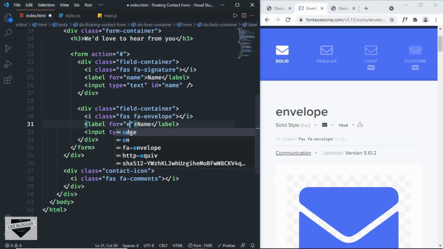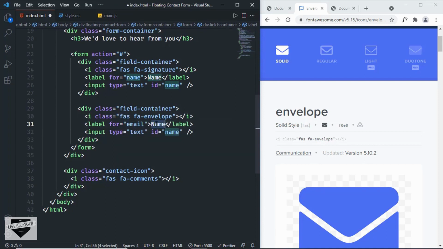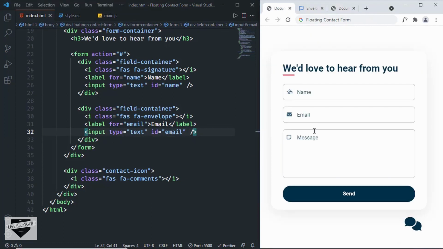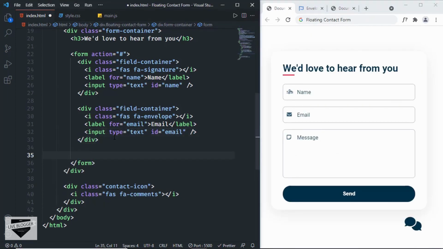And then here we have email, and I'll just change this name to email, and then for the input field I'll just change the ID to email. So here we can see we have the name and the email. Now for the message we will have a text area because we need to have multiple lines of text. So let's create one more division, and we'll just give it the same class, field container, and in that first